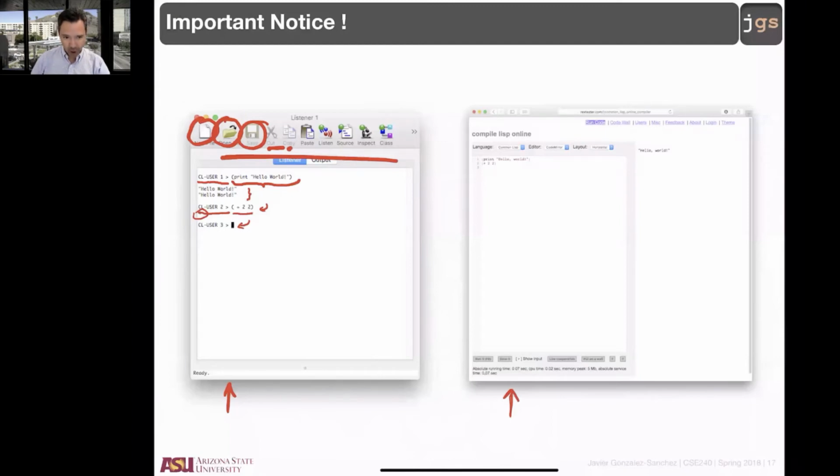As you notice in the online version, you are going to have this, that is the editor of your program. You can create your program there. In the online version, it's not running every line. The online version allows you to write your program like these lines there, and it's not going to run until you click run, just like in other languages. You can put all your program together, several lines, and then when you're ready, you can click run, and run is going to show you in this panel